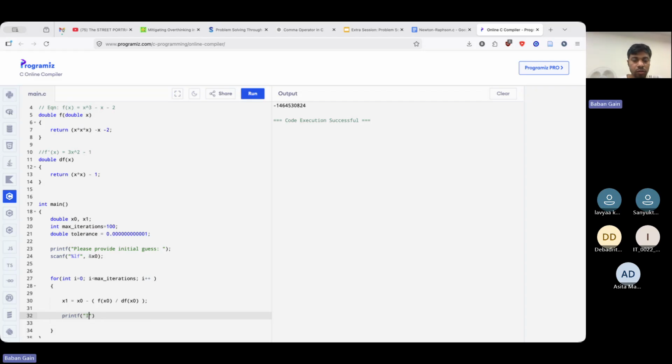Okay, so let me say iteration, percentage d, then backslash t is for tab. So iteration is this. Then x0, percentage d backslash t. So I want all the values. What is the previous value? What is the current value? And